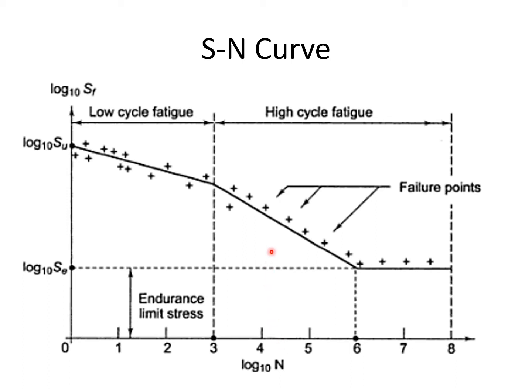In our earlier modules, we have learned how to find the endurance limit and how to use that endurance limit to design for infinite life. All the components need not be designed for infinite life. For example, if you are designing a bar which is going to be subjected to a load for 10 power 4 cycles, meaning 10,000 cycles, for that case, you need not design that component up to the endurance limit.